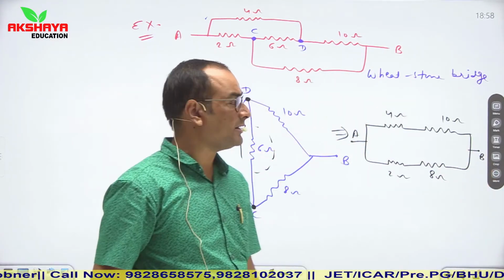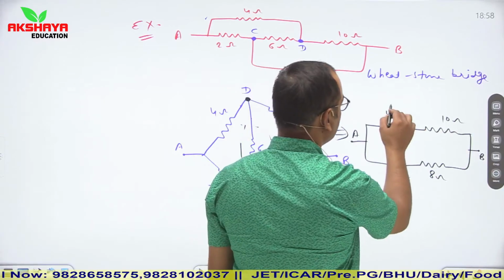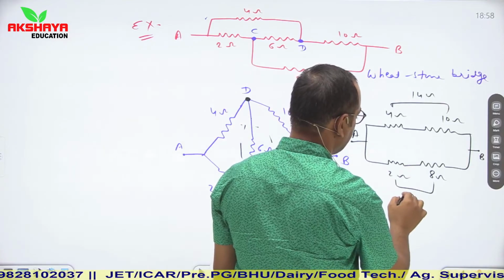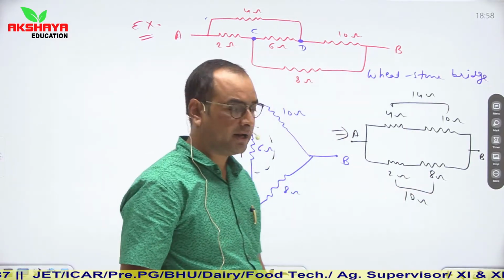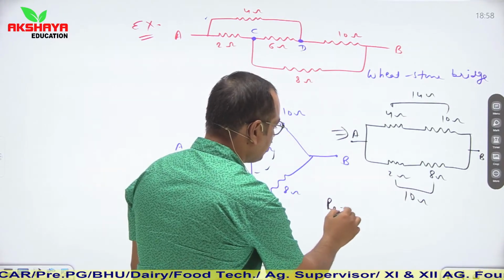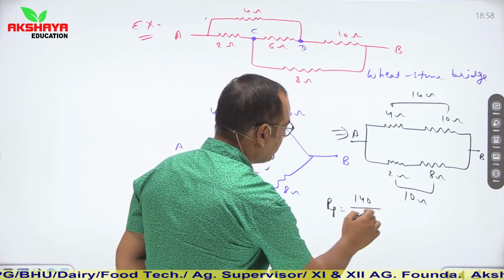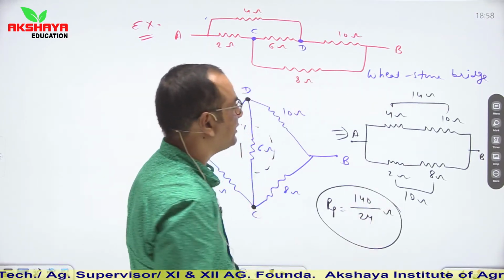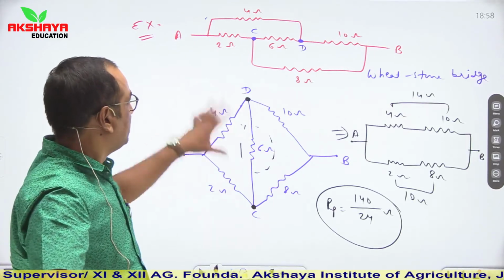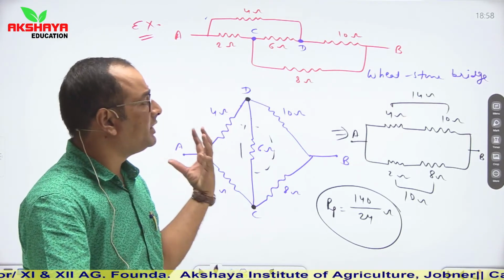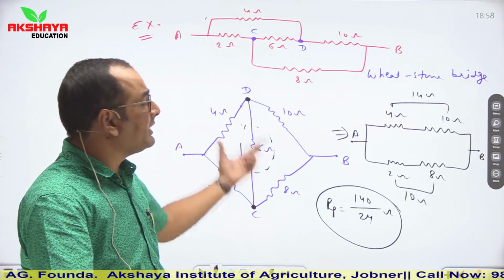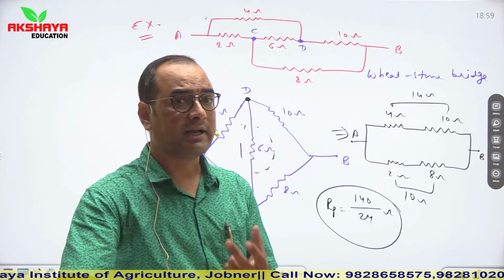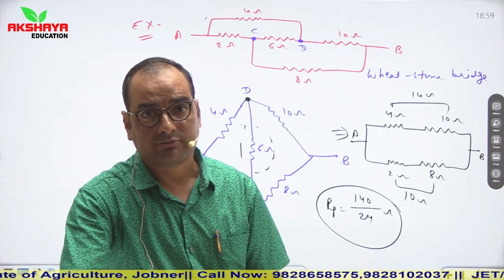So now equivalent resistance can be found out. This is 4 plus 10, so their resultant is 14 ohms, and here 2 plus 8, so their resultant is 10 ohms. So 14 and 10 are in parallel combination. So now Rp is equal to R1 R2 upon R1 plus R2. It means 14 into 10, 140, upon 14 plus 10, 24. So 140 upon 24 ohm. Calculate this value. So this way we can calculate different values, either it is equivalent resistance, or current flowing through any resistance, or potential difference across any given resistor. So some more patterns of questions we will discuss.